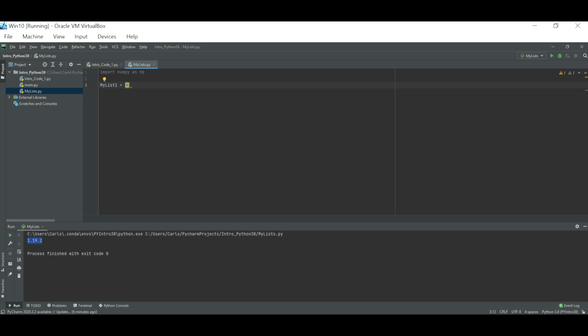So it's 2, 5, 7, 11, 12, 23. So first thing, notice that these numbers are integers,